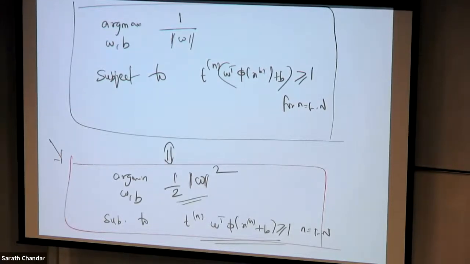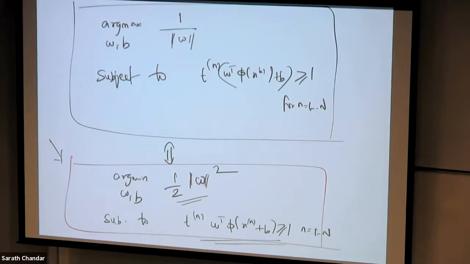Yeah, I wonder why the power is 2. Oh, that is just because the W squared and the 1 by 2 are just to make things easy for some math. As I mentioned before, it doesn't matter: minimizing norm of W is the same as minimizing norm of W squared.